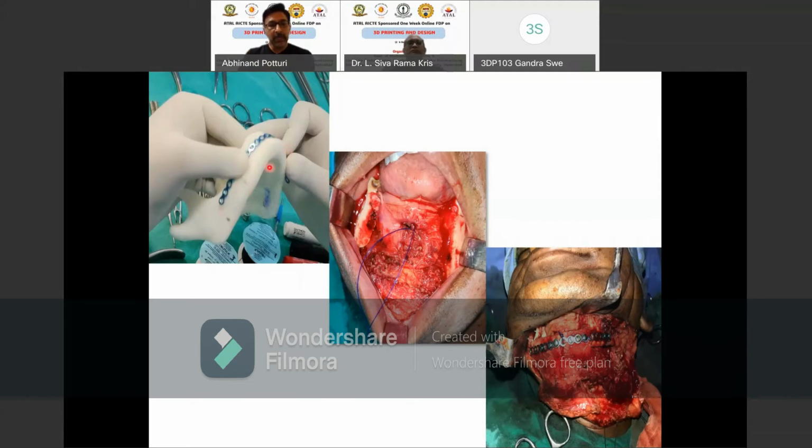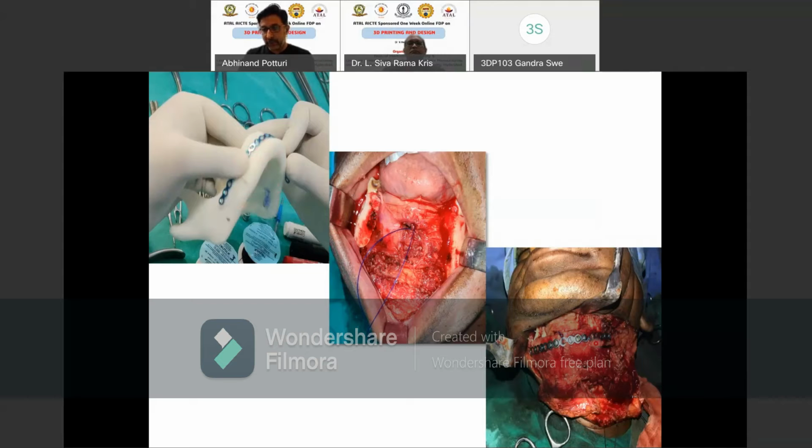Based on this shape of the bone, because this is the midline, we see how much U-shaped bone we want. Based on that, we take a plate and bend it on the table in the operation theater. This is what I'm doing in the operation theater. You see, this is a titanium plate. We are bending it in the shape of the bone we want. This is a 3D printed bone of the patient's lower jaw. And then once we get that shape on this titanium plate, which is called a bone plate, then we will see this is the leg bone which has been adapted, which has been cut into multiple pieces.